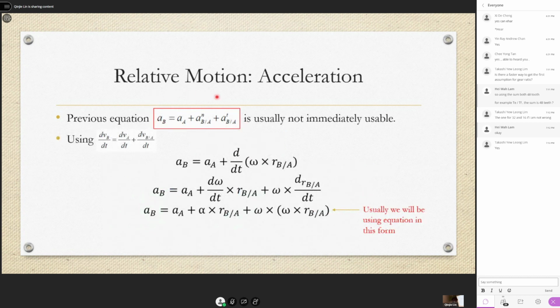Okay, so concept-wise, this one makes sense and is okay to understand, right? But for equations, it is not immediately usable. It's very difficult or almost impossible to sub values into it like that when we do analysis. When we have problems and we want to put values inside, it's very hard to put into this. So we need to break it down further, such that we can use it well. So for this equation,